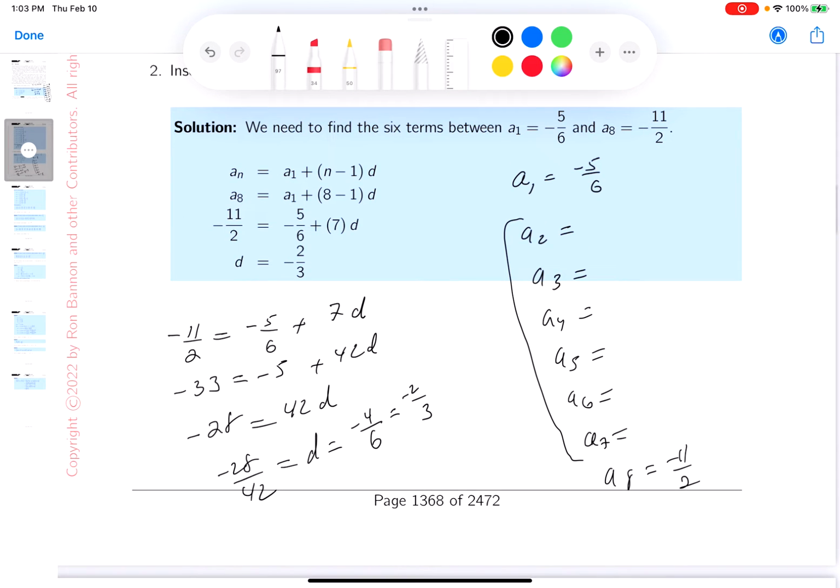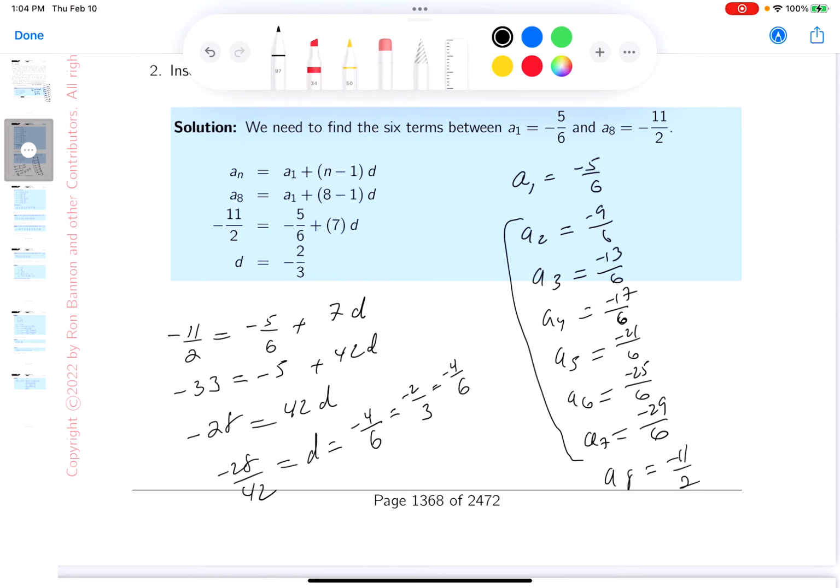So the deal about this one over here, I realize that I have to add on to minus 5 sixths. So really what I'm going to say is I prefer to use minus 4 sixths, and I just keep adding on. And I know everything's going to be in terms of a denominator of 6 now. I'll put this over here. So what do you get? Well, minus 4, that would give you minus 9, minus 13, minus 17, minus 21, minus 25, minus 29, and the next one would be minus,